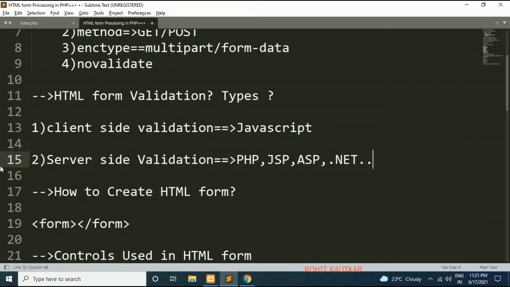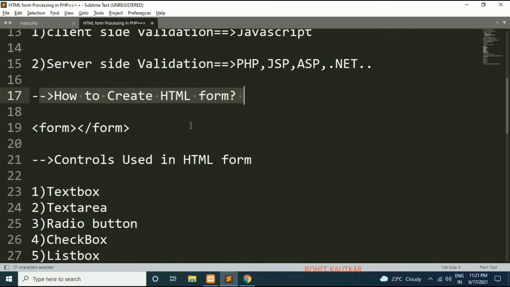Now friends, we will try to understand how to create an HTML form. In order to create an HTML form, we have to use the form tag. The form tag is used for creating a form within HTML. In HTML, the form tag basically provides the section where we can accept input from the user. As we know now, it provides various controls for collecting data from the user. So we have to use the form and /form tags in order to create the form.